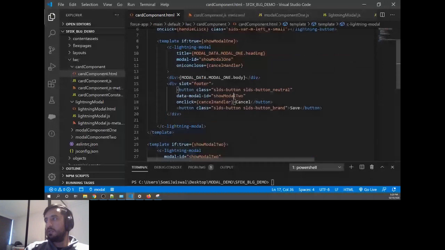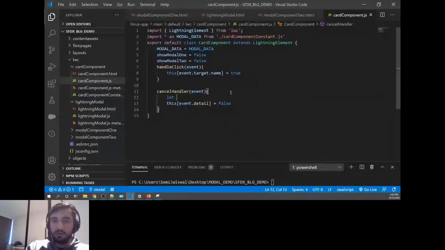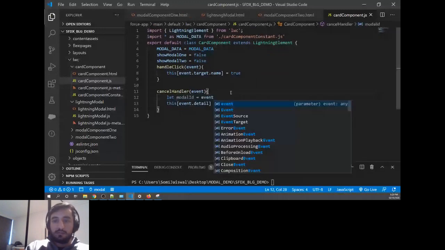So what is the benefit here is, if I add the on click here and I'll call this, it will come here. When the cancel handler is called from a button, it will come in the form of, so I'm saying let modelId equal to event.target.dataset.modelId.